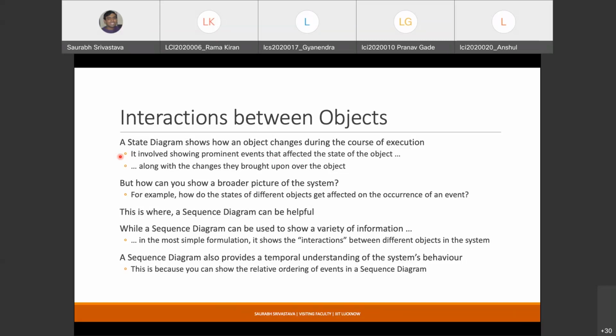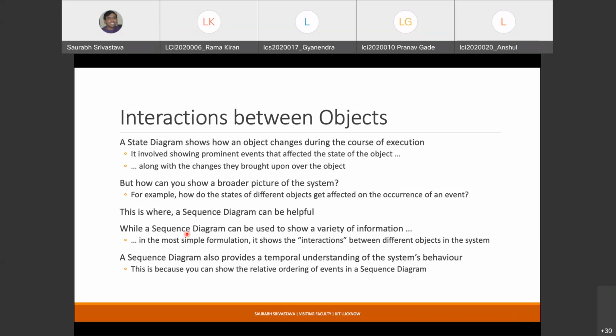So there are some diagrams which can help you with this as well. To be particular, the sequence diagram is a diagram that can somehow stitch together the information that is provided by different state diagrams. Now, the sequence diagram itself is actually a very complicated diagram. You can show a number of things within the sequence diagram, but for our purposes, where we are only trying to provide extremely basic information about a system, a sequence diagram can be helpful in basically showing the interactions in between the objects.